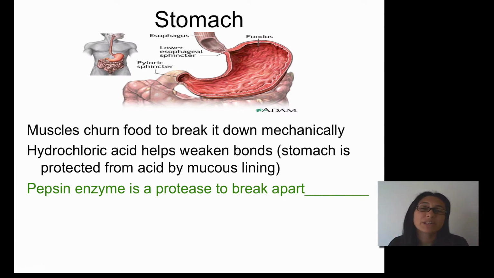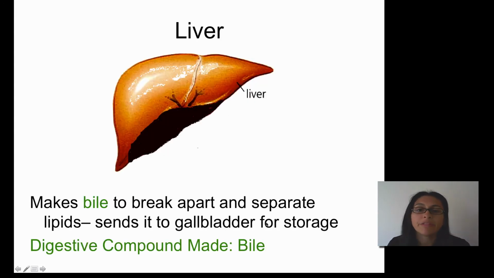And it's the job of your digestive system to break them back into those individual pieces. So pepsin breaks apart proteins into amino acids. All right. The liver is an organ that your food never passes through, but your liver is important because it